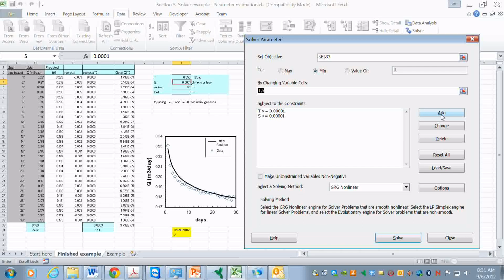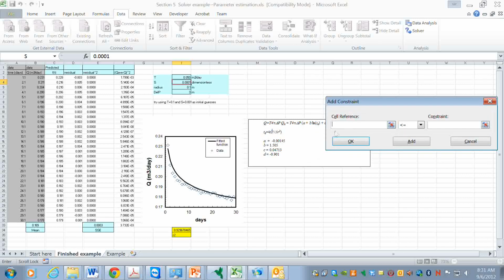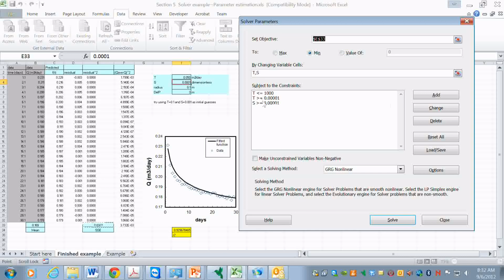So the way to do this is to click Add and give it the cell reference. You're going to be putting constraints on the variables that you're changing. So we could put another constraint on T. Click on that one and say T has to be less than 1,000. So that should now be showing up here. I already put in that T has to be greater than 10 to the minus 5, and now it has to be less than 1,000. So I've kind of bracketed the value of T in this way. And that's often a good thing to do, to bracket the